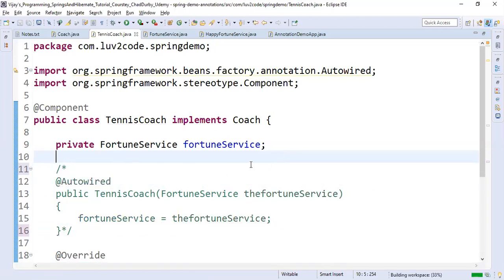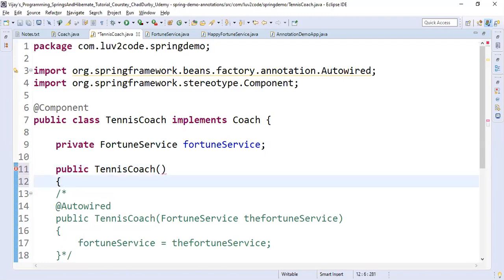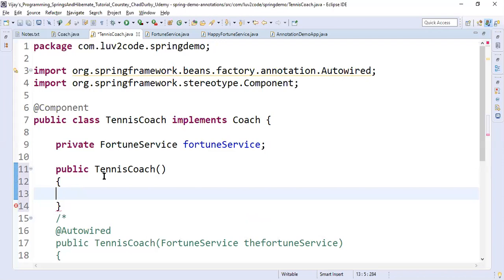Now I'm just creating a default constructor, public TennisCoach, and it is the default constructor, and I'm keeping a diagnostic message inside this default constructor.